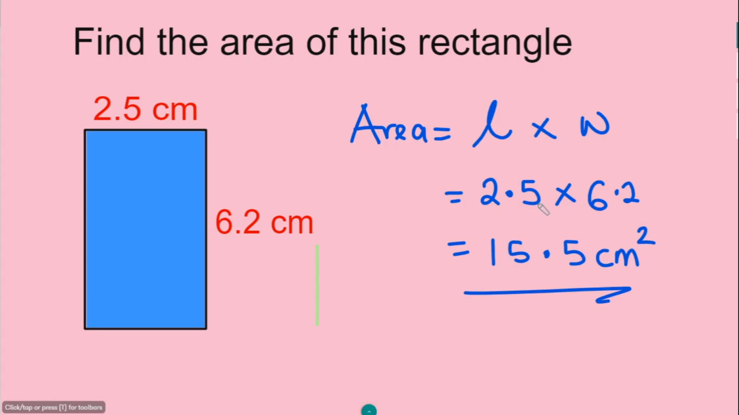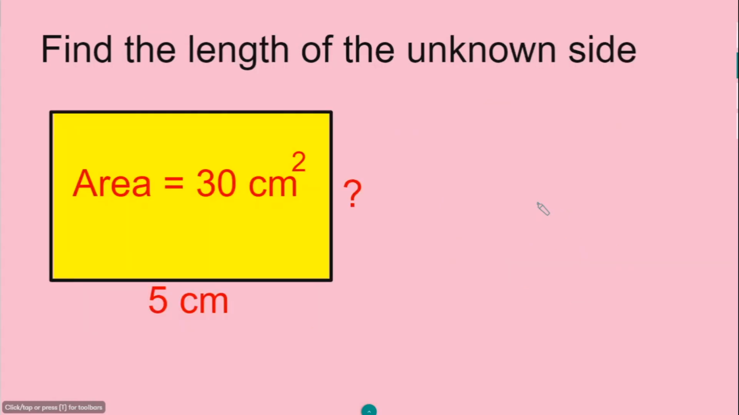So we move to the next question. Now the next question is going to be a little different from what we've done. In this question, you will notice that you're really looking for one of the sides, and the area has already been given. So it's a lot different from what we've done, but the principle is still the same. All right, so to work out the unknown side, we begin first by writing out